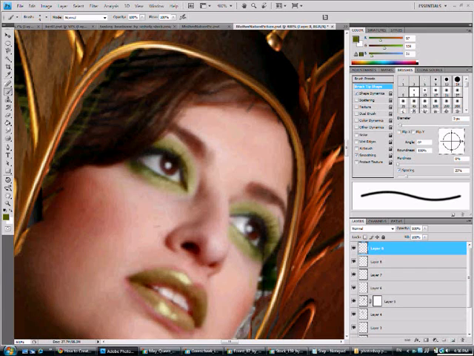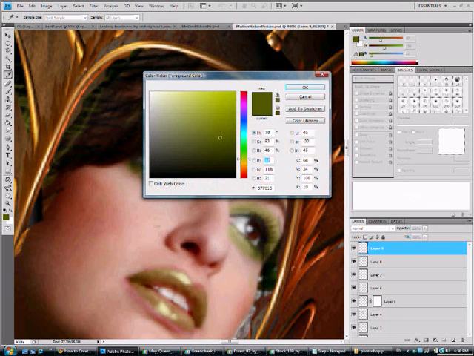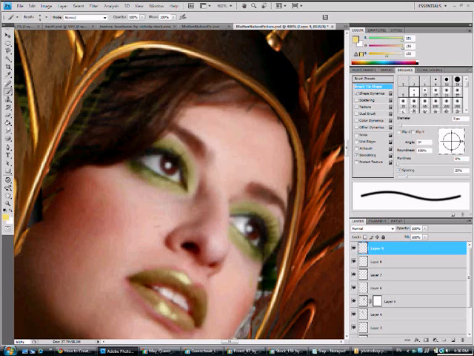Add another new layer. Choose another color. Brush on the same place.